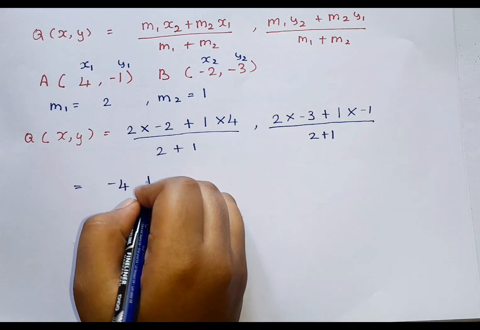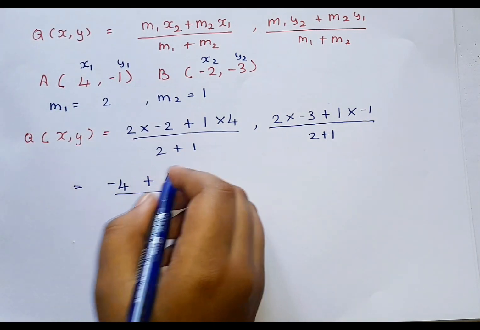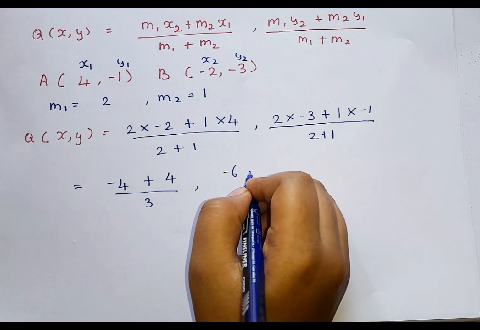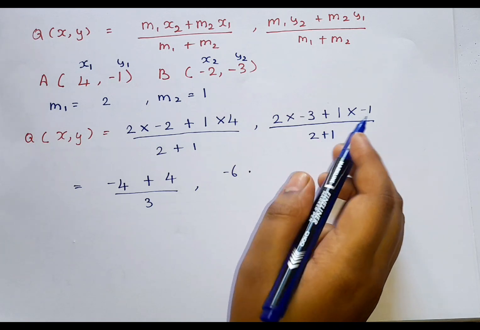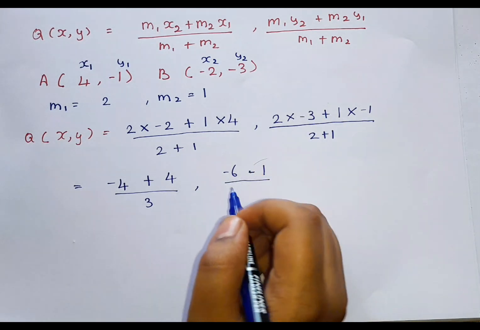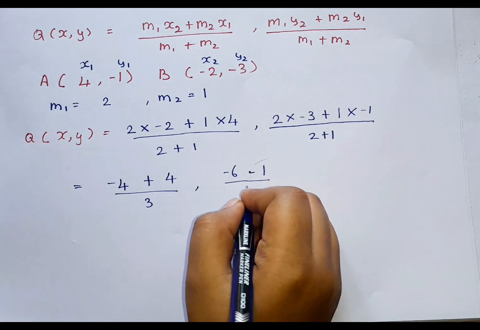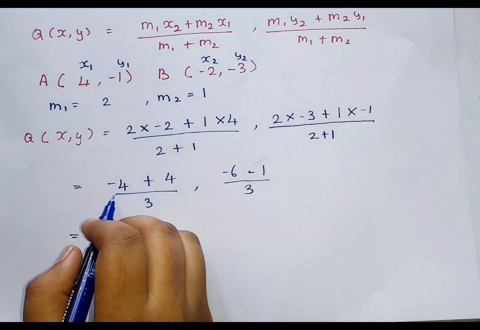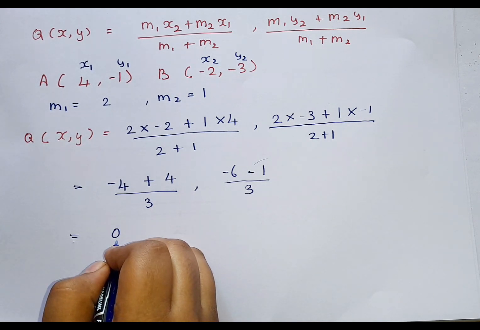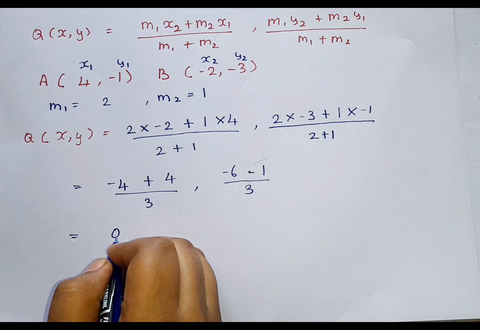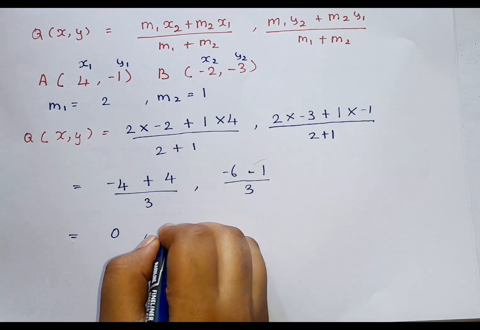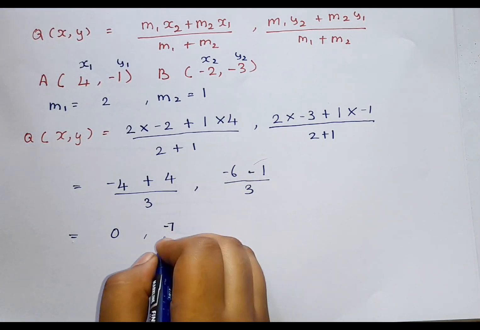Is equal to, 2 2s are 4, here minus is there, so -4, and then plus 1 into 4 is 4, divided by 2 plus 1 is 3, comma, 3 2s are 6, here it is minus, so -6, and then 1 into -1 is -1. When we solve it, we get -1 only, and 2 plus 1 is 3. Plus and minus is minus, so 4 minus 4 is 0. Divided by 3, no need to write, because 0 divided by 3 is 0, isn't it? And then comma, minus and minus is plus, so 6 plus 1 is 7, so since it is minus, -7